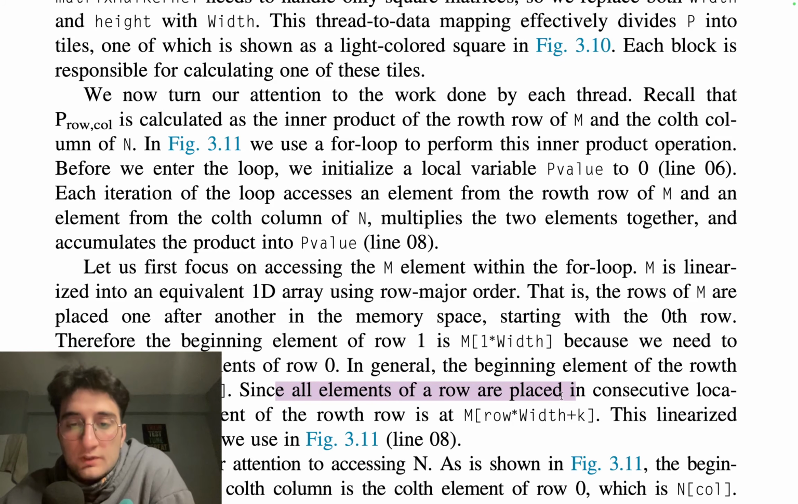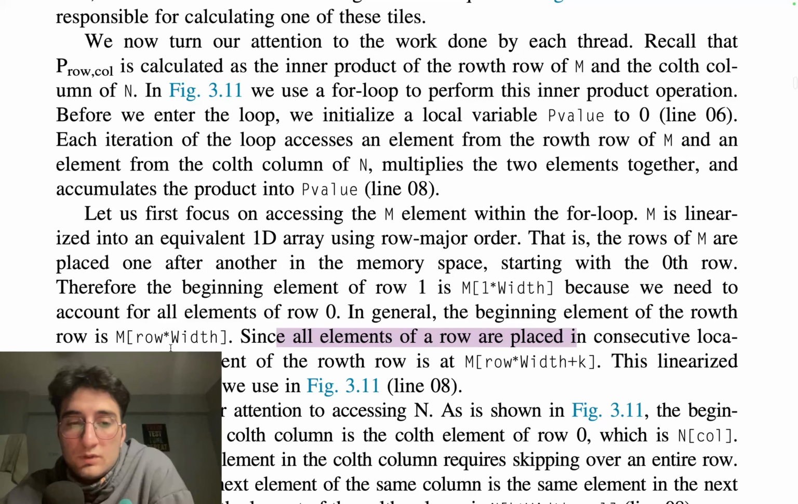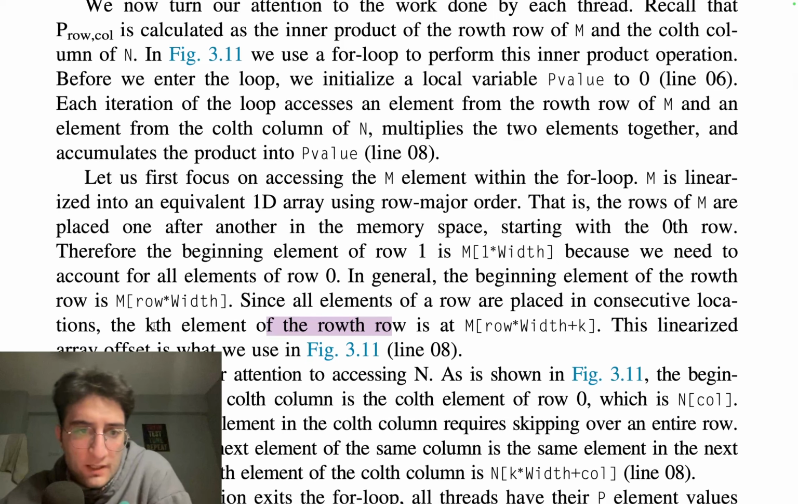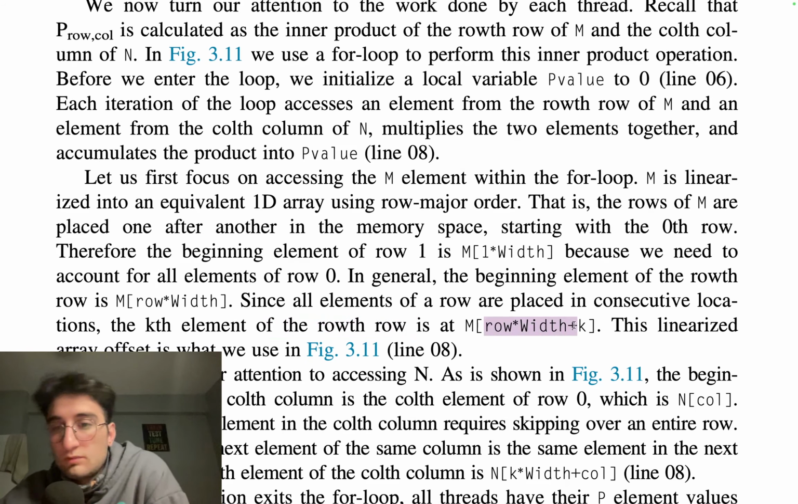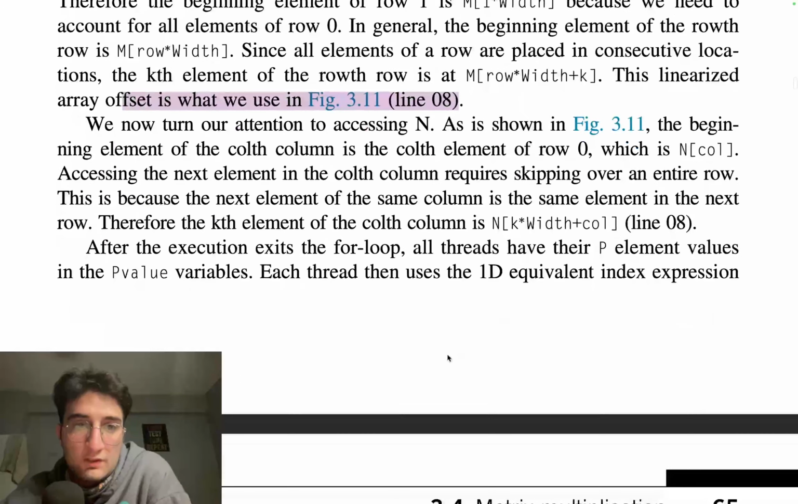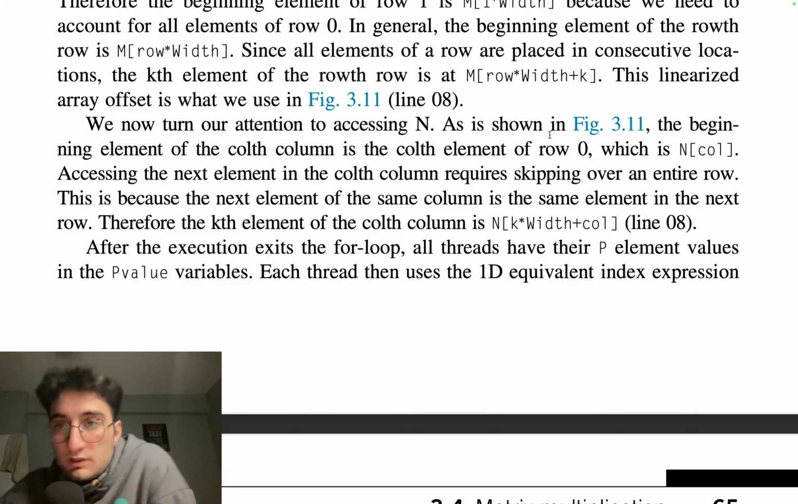Since all elements of the row are placed in consecutive locations, the kth element of the row is at row times width plus k. Okay, this array offset is what we use in figure 3.11. We now turn our attention to accessing N, as is shown in figure 3.11. The beginning element of the column is